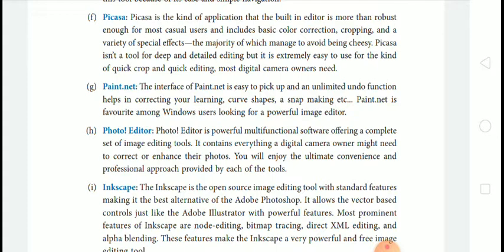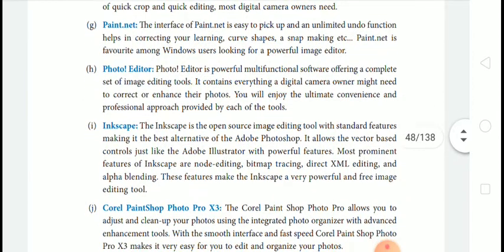Next one is Paint.net. The interface of Paint.net is easy to pick up. An unlimited undo function helps in flattening your learning curve. Paint.net is a favorite among Windows users looking for a powerful image editor.